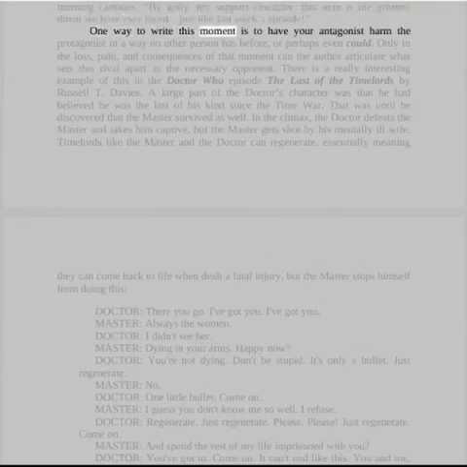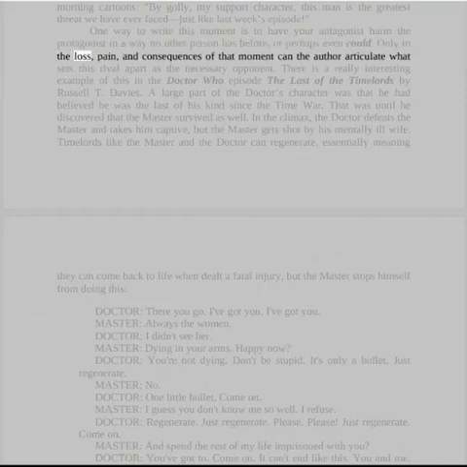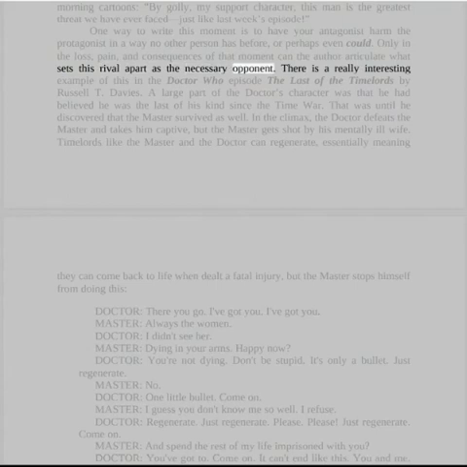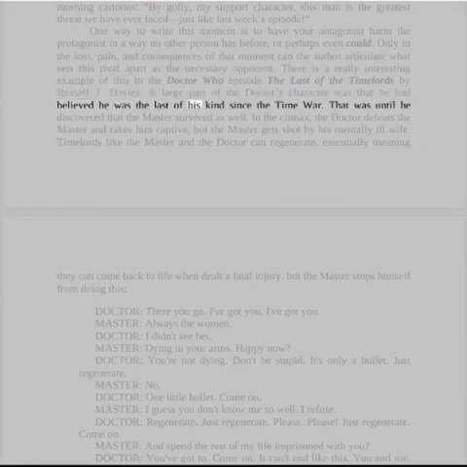One way to write this moment is to have your antagonist harm the protagonist in a way no other person has before, or perhaps even could. Only in the loss, pain, and consequences of that moment can the author articulate what sets this rival apart as the necessary opponent. There is a really interesting example of this in the Doctor Who episode The Last of the Time Lords by Russell T. Davies. A large part of the Doctor's character was that he had believed he was the last of his kind since the Time War. That was until he discovered that the